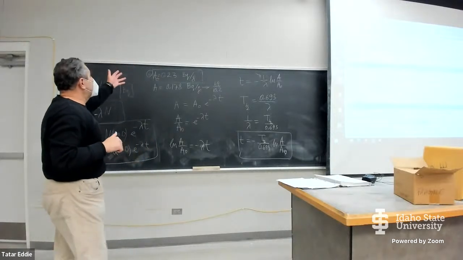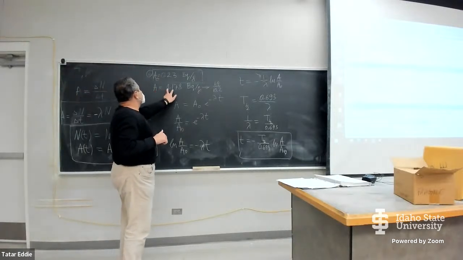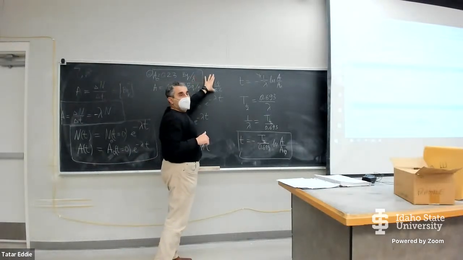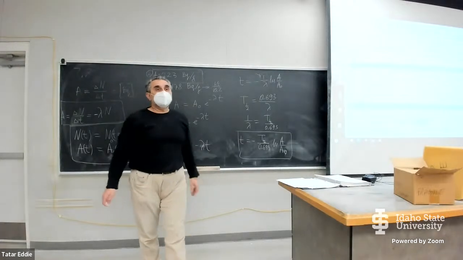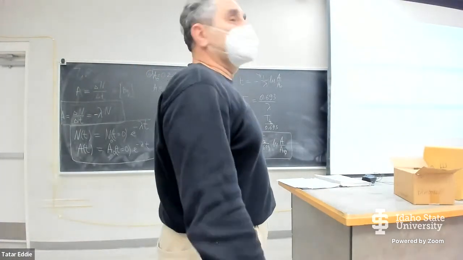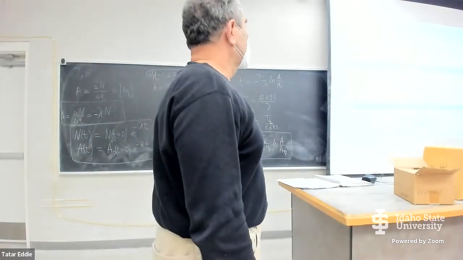So just substitute the numbers, and instead of 0.178, use the number 1.4 divided by 10.2, whatever that number is. And you're going to get, again,